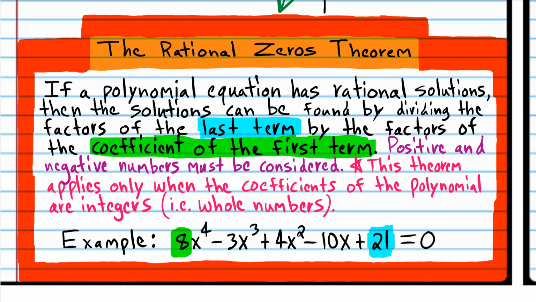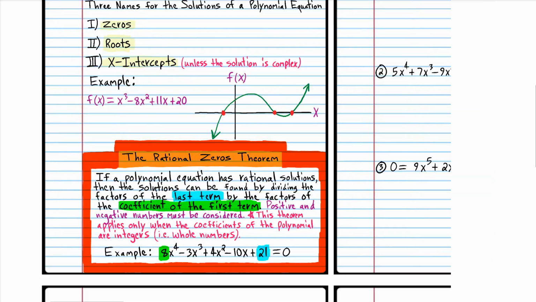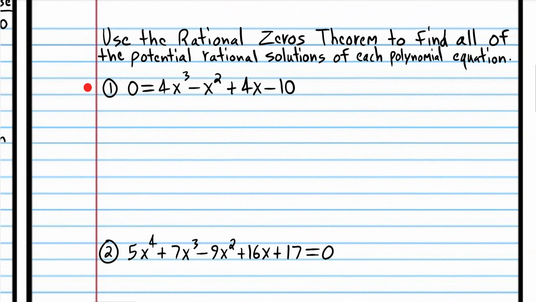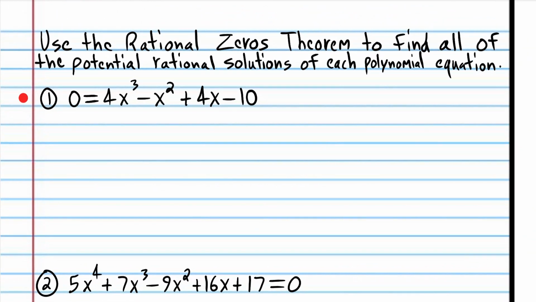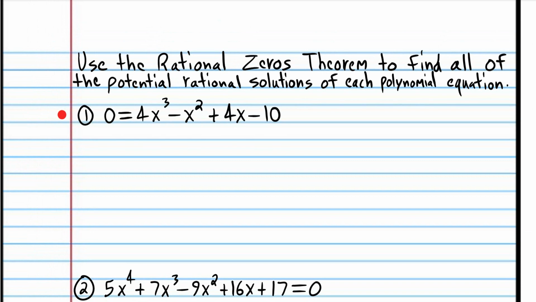And it's difficult to explain this theorem without doing an example problem. So we're just going to do an example problem, get a picture of this theorem. We're going to use this for the rest of the class. So let's get right into example problems to explain how this works. Now notice that it says the Rational Zeros Theorem. So this theorem is going to help us to find the solutions to a polynomial equation,